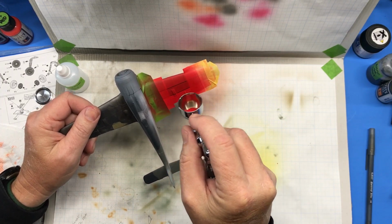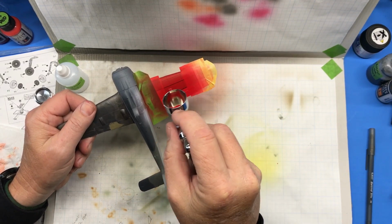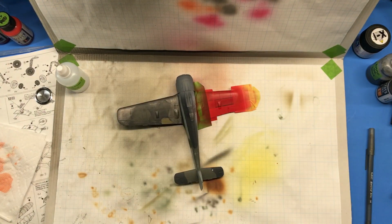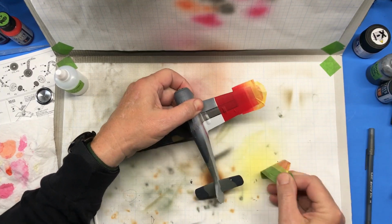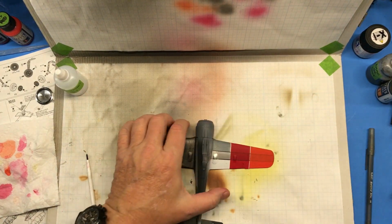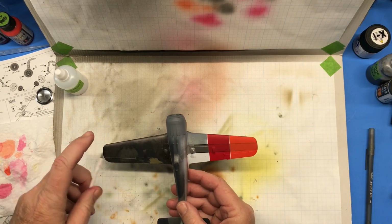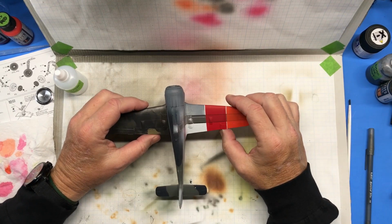But in addition to that, I'm also wanting to test how durable this stuff is. All right, so we'll let that dry, clean my airbrush, we'll come back. All right, let's peel some tape off of here and see what we got. Well, no tape came off, so that's pretty cool. But there you can see a severe difference between this Insignia red and red. So for future reference, I will definitely be using that for my red colors